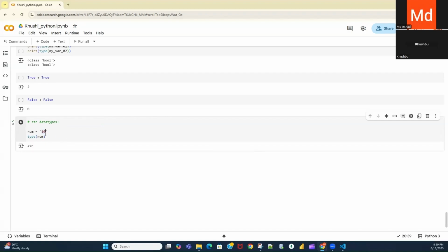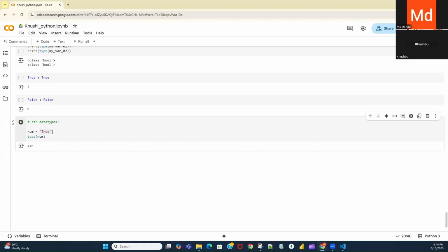Even though the number here is a digit, you have enclosed it by single quotes. Some people, if I write here true, this is right now a Boolean, and if I execute, it is a Boolean. But some people make the mistake of writing it in quotes. Then in a function, they will return this value, and when they see the output, they wonder why it is giving a string when it should give a Boolean value.